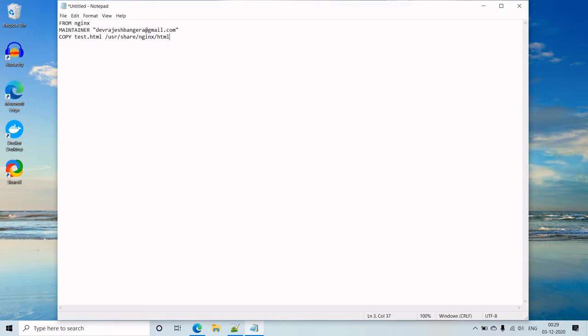So overall, what this Dockerfile will do is, from the Nginx base image it will create an image for me, and then copy the test.html from my local machine to the container's HTML folder so that it can be hosted in the Nginx server, right?